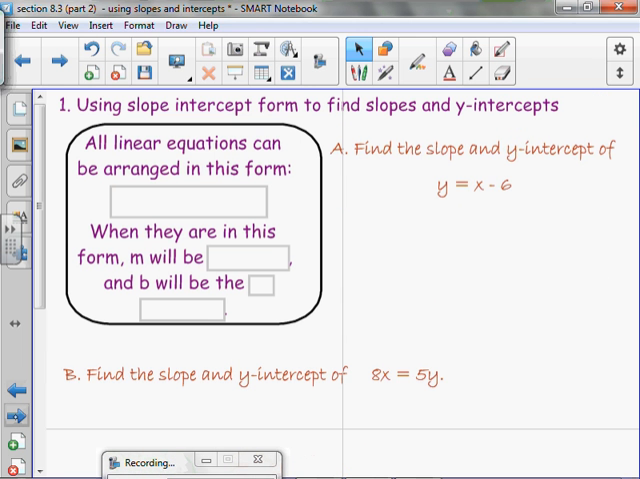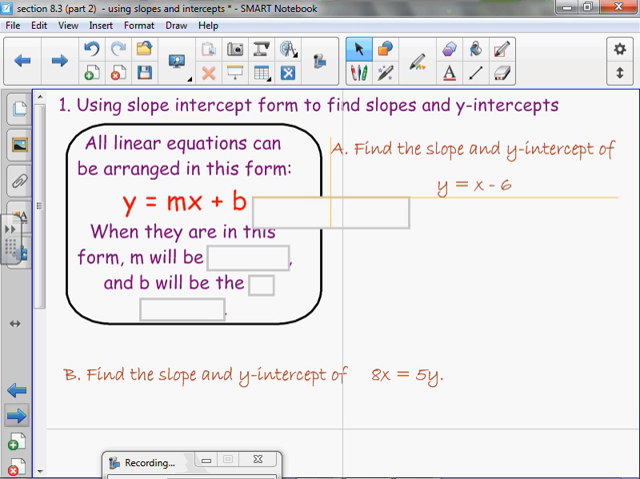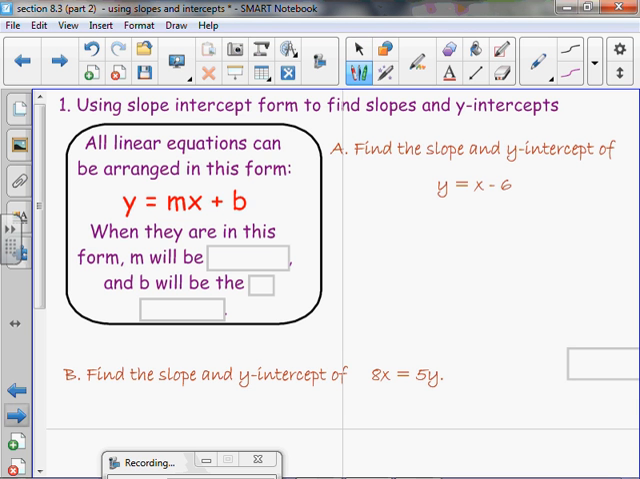Okay. First thing we're going to do is use slope-intercept form to find slopes and y-intercepts. Okay? All linear equations can be arranged in this form. Anybody know the form before I reveal it? No? I think I did. Okay. y equals mx plus b. Okay? When they are in this form,